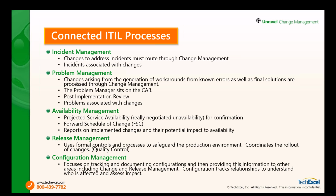So how does change management really fit within the ITIL framework? In incident management, all changes are addressed to the incident. They must route through change management. So for example, an employee may report ongoing performance issues he or she has with her desktop. The help desk will attempt to find workarounds, but a change is submitted because ultimately it's probably time to replace